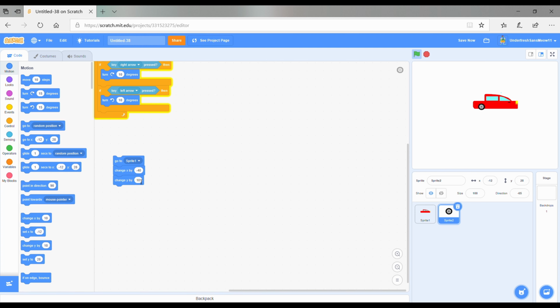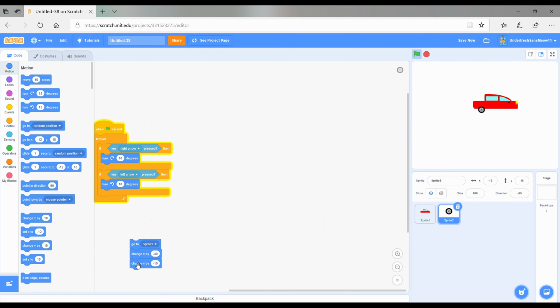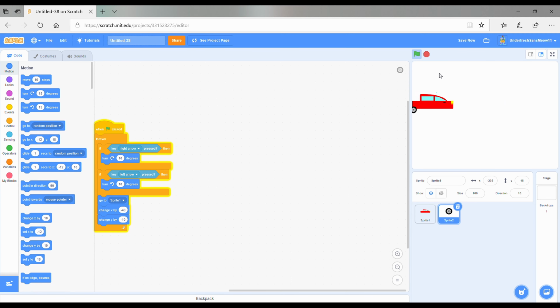So if I just keep it like that, and then put that in at the bottom, just not in any of your if blocks. And now, as you can see, it moves with the car. The wheel does slide, but that kind of looks cool, I'd say. So yeah, it's pretty cool. But now you're gonna have to make the other wheel, and that's actually really, really simple. All you need to do is just